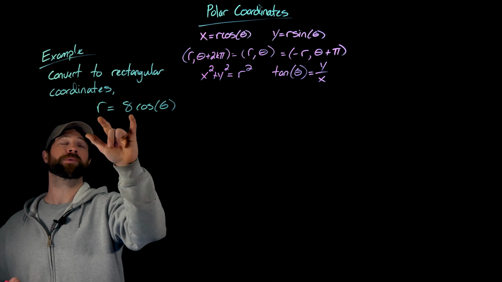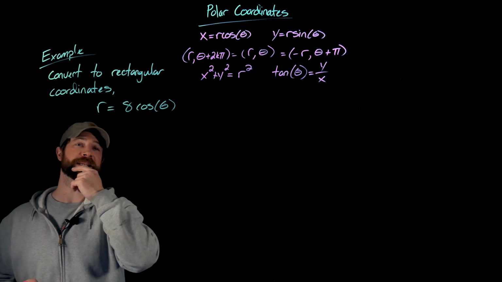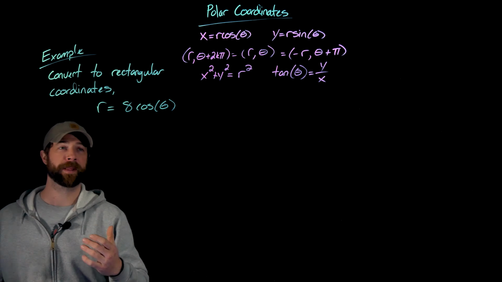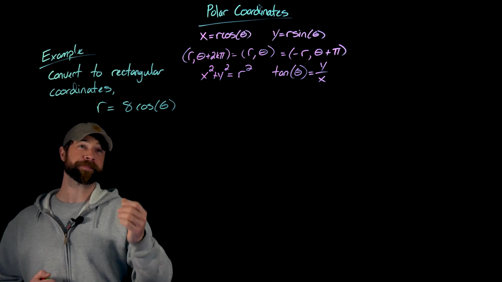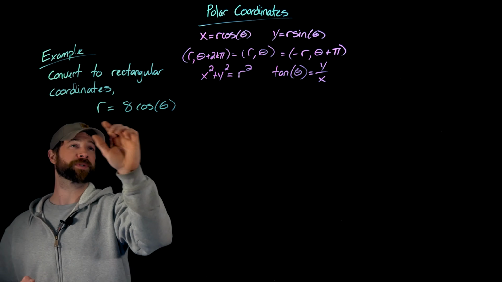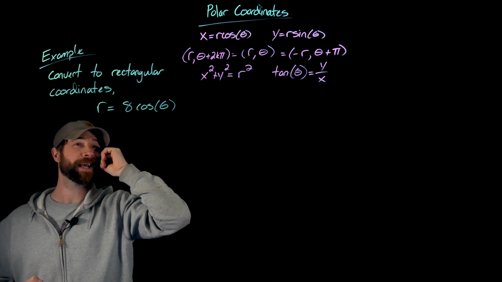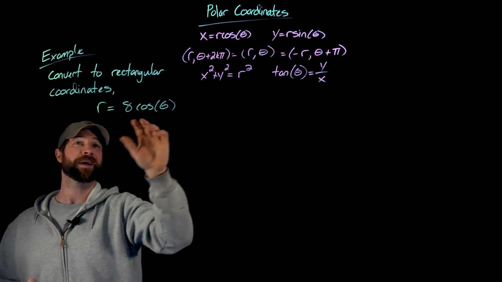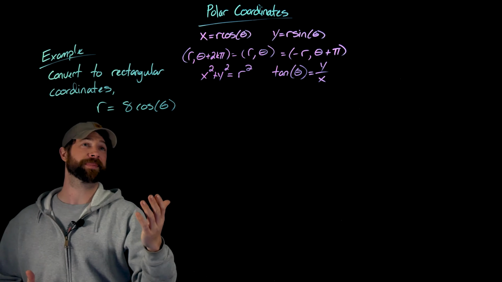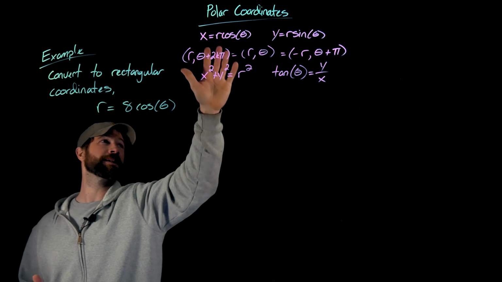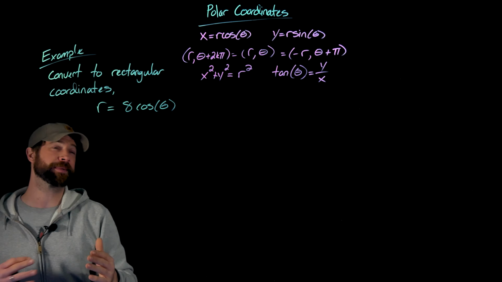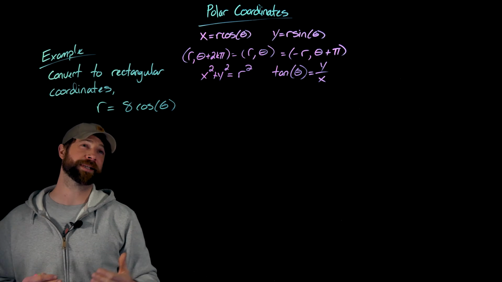In this case right here, what we want to do is rewrite this in the rectangular coordinate form. If you're looking at this right here, it's a bit awkward because we have this cosine of theta, but we want the r cosine. And we have this r squared here, but we just have an r. So the question becomes, well, how do I go about using these properties right here to convert between polar into